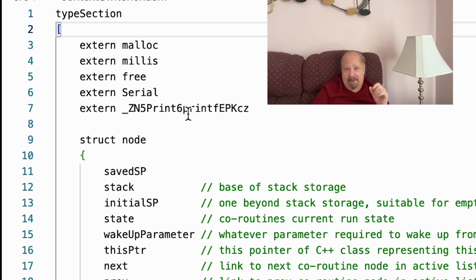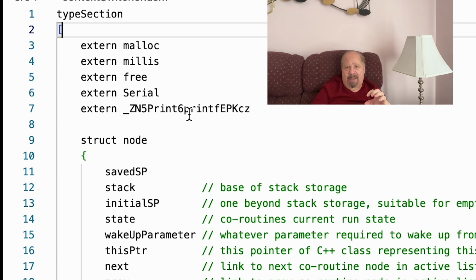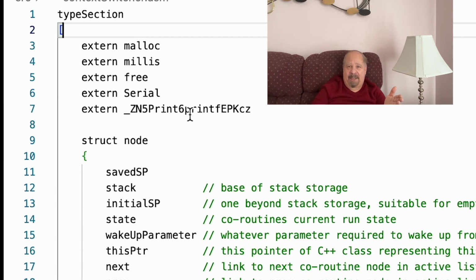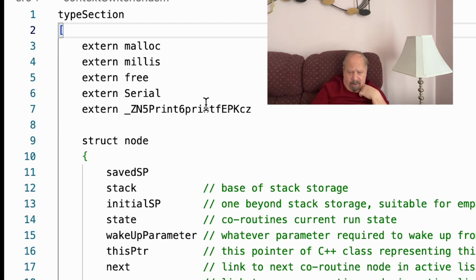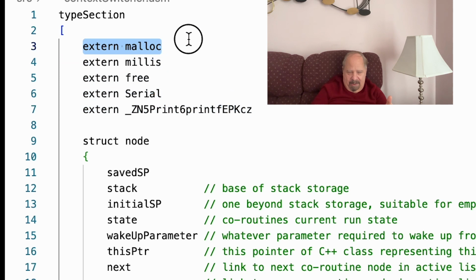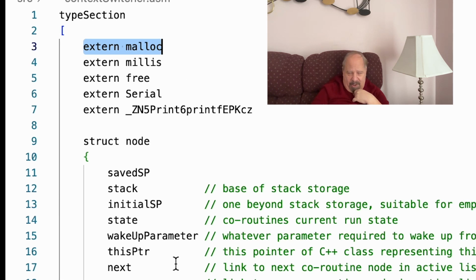A type section where you make declarations of constants and externs and stuff like that. A data section where you declare your labeled data locations. They would be equivalent to variables in a high-level language. And a code section where you have functions. So looking at the type section, I have some externs here for system functions that I'm going to call in the code, like